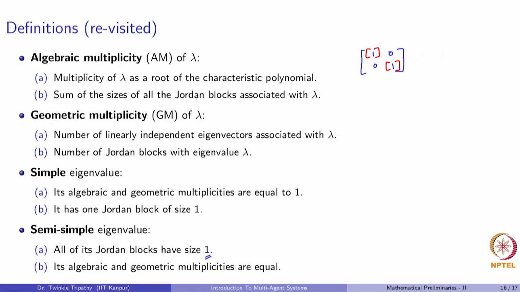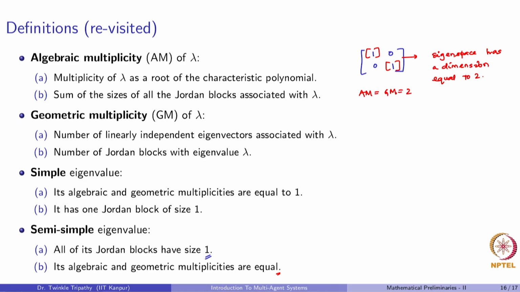In this case, we can always find that the eigenspace has a dimension of 2. So, in such cases, the geometric and algebraic multiplicity, as we can see here, are both equal, in this particular